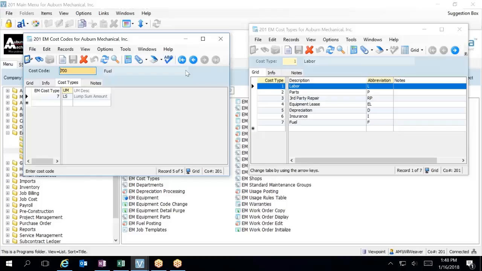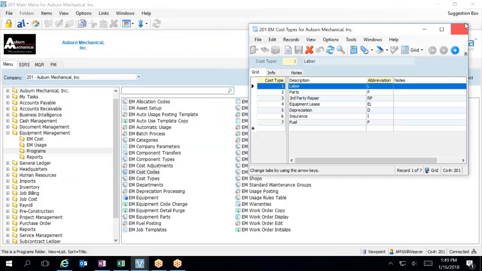Okay, and the next step is going to link those to the general ledger using EM departments. The same thing that we learned in job costs, go ahead and close out of here, transcends over to the